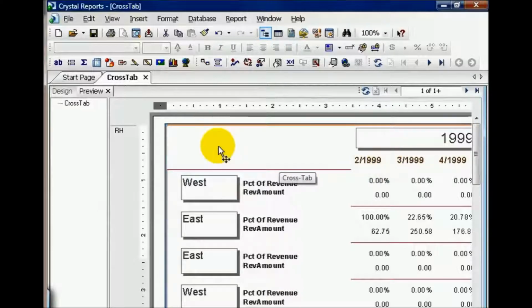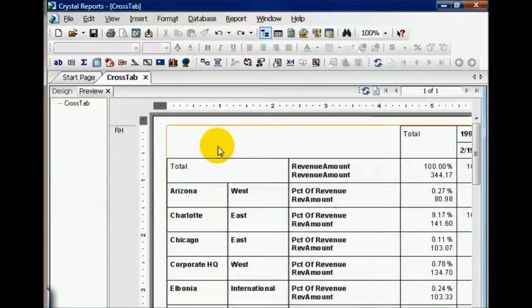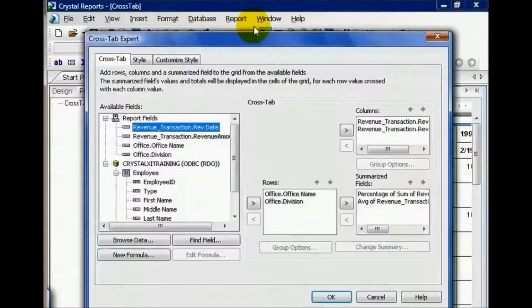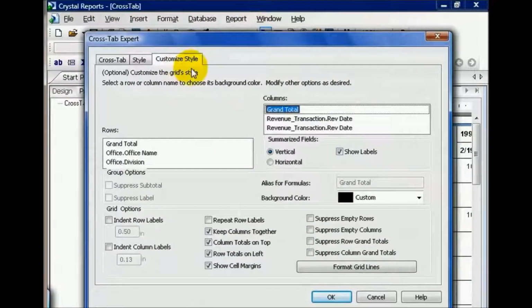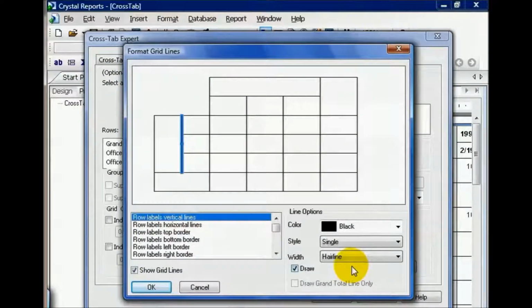Another option is to use the Control Z. Currently, I'm holding down the Control button, pressing Z, and taking it back. I'm going to right-click in the top left-hand corner and go to the crosstab expert. And this time I'm going to go to Customize Style. From here, I can actually click on the Format Grid Lines, choose the grid lines,